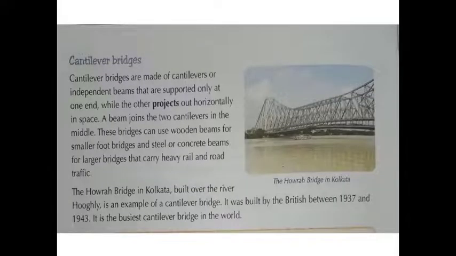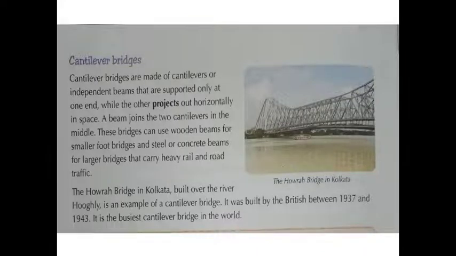Cantilever bridges. Cantilever bridges are made of cantilevers or independent beams that are supported only at one end, while the other projects out horizontally in space. A beam joins the two cantilevers in the middle. These bridges can use wooden beams for smaller footbridges and steel or concrete beams for larger bridges that carry heavy